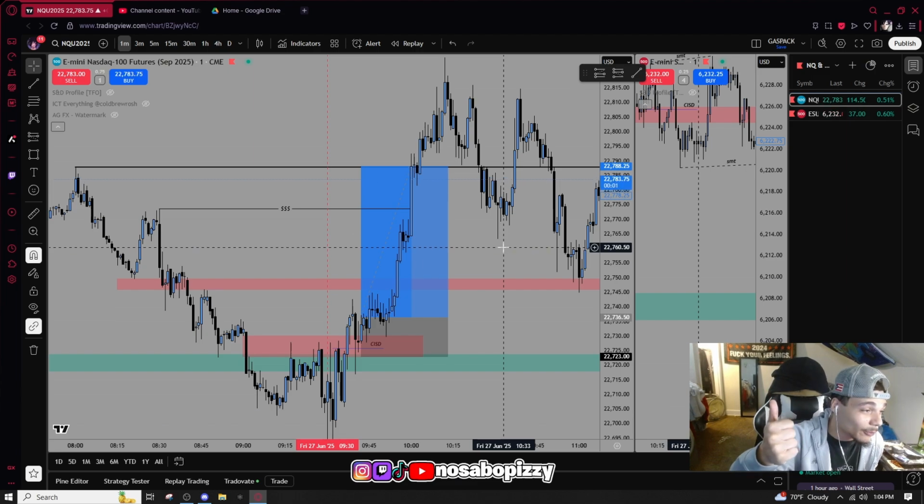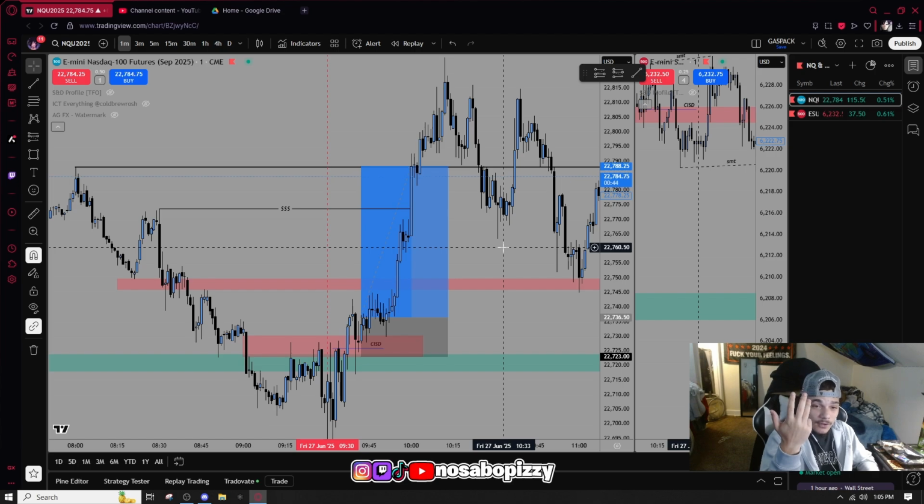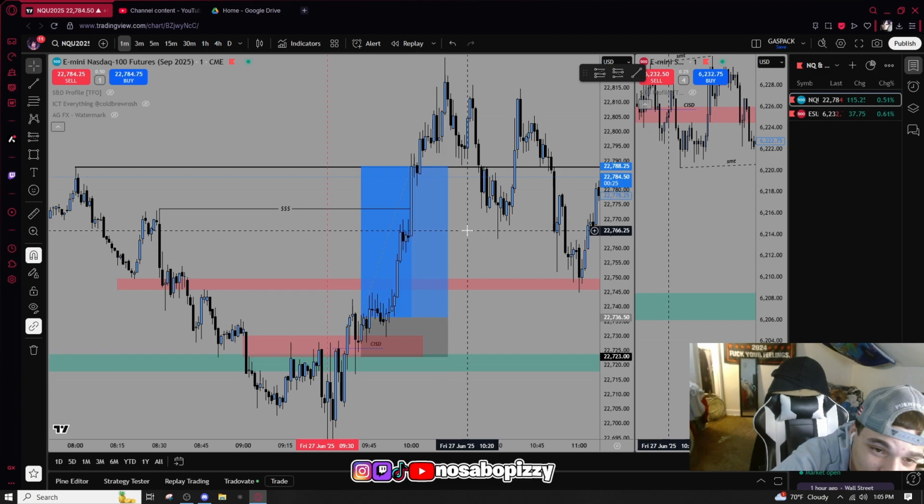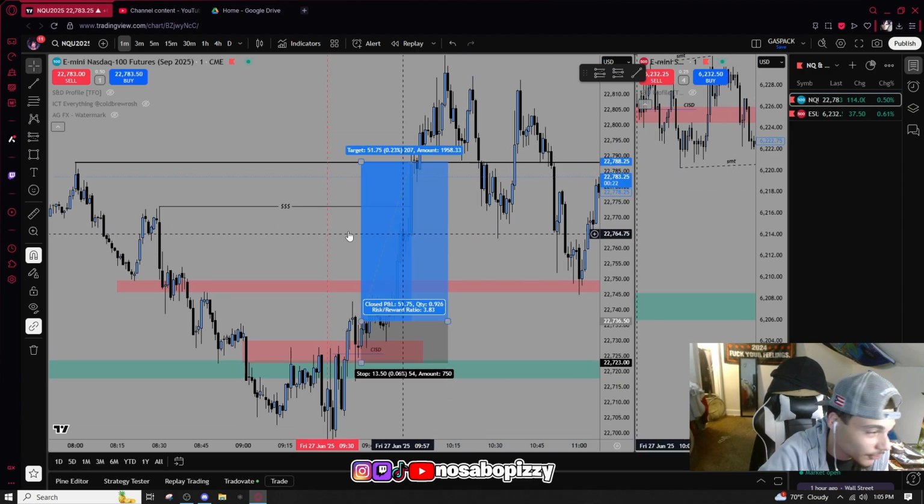London lows get swept before market open. 1 hour bullish fair value gap gets held. Change of state on the 1 minute. 1 minute bearish fair value gap gets inversed. 4 confluences right there. Pull back to that bearish 1 minute inversion fair value gap and it holds. Pull back to the change of state, it holds. Pulls back into the inversion again, it holds. ES is ripping to the moon. Everything is telling us to go long. If you went short, there's something seriously wrong.